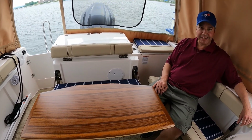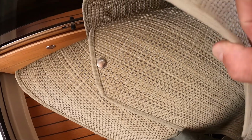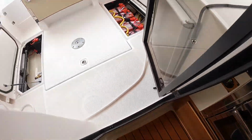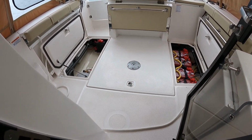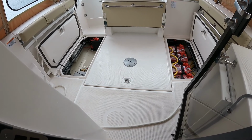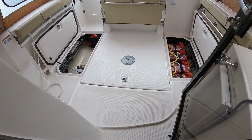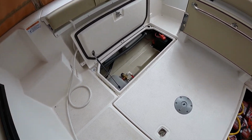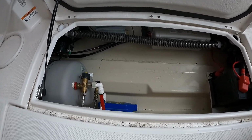All right, let's take a look under the floor. So we've removed the carpeting. This is the custom carpet that we had added that was lying underneath our cockpit. So now we've got the bare cockpit back onto the fiberglass. And I've opened up 2 of the rear hatches, and we'll take a look at that because that's the mechanical systems for the boat. So on the starboard hatch, what you see here